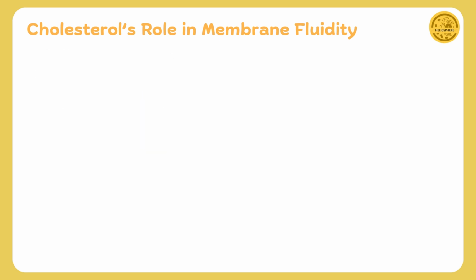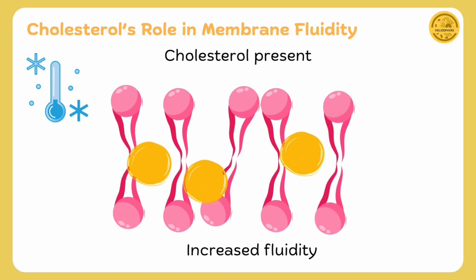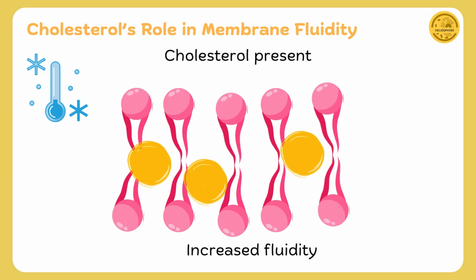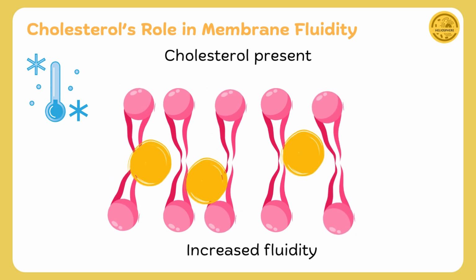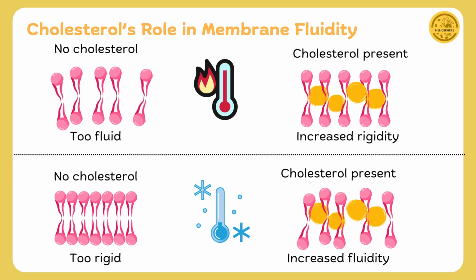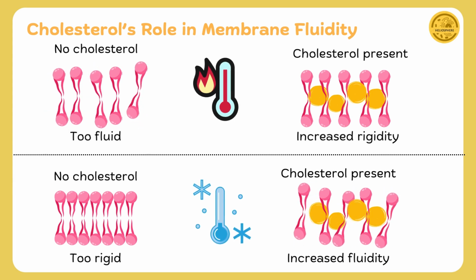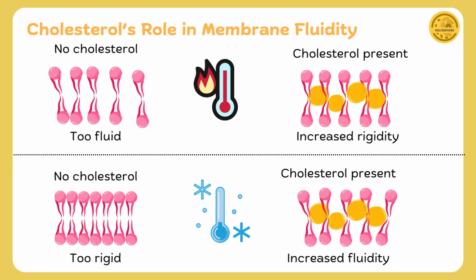permeability. On the other side, at low temperatures, phospholipids tend to pack tightly, making the membrane rigid. Cholesterol disrupts this tight packing by inserting itself between the fatty acid tails, thus preventing a transition into the gel phase. In this way, cholesterol ensures that the membrane remains functional and semi-fluid across varying temperatures, preserving membrane protein function,